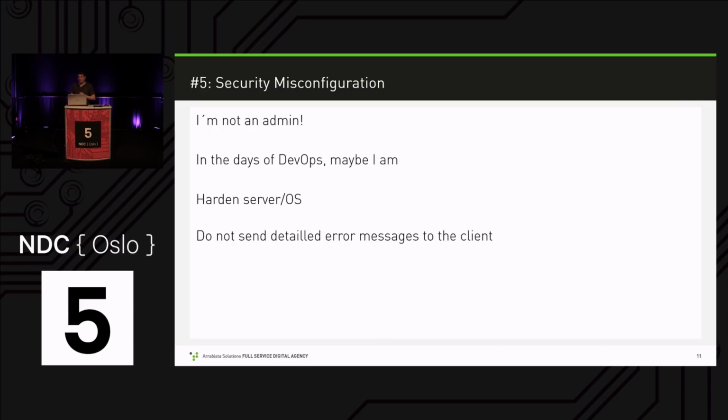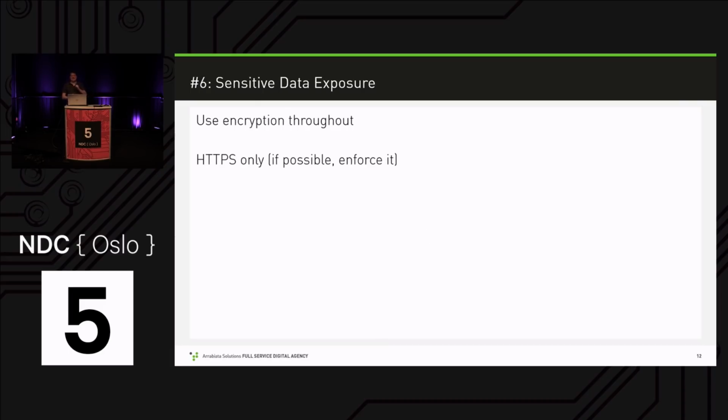So rather short point. Number 6 is called sensitive data exposure, which basically means use encryption. Use encryption everywhere. Well, use HTTPS. Let's talk about encryption. So for instance, passwords must be encrypted. Right? And we'll see an example for that in a bit.